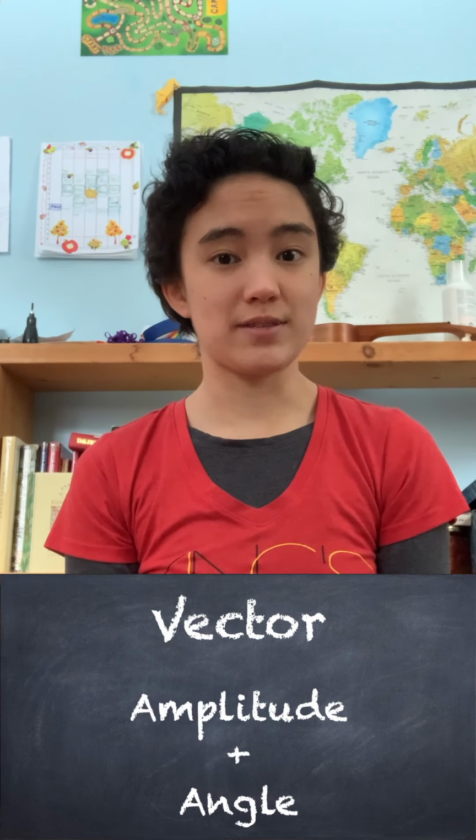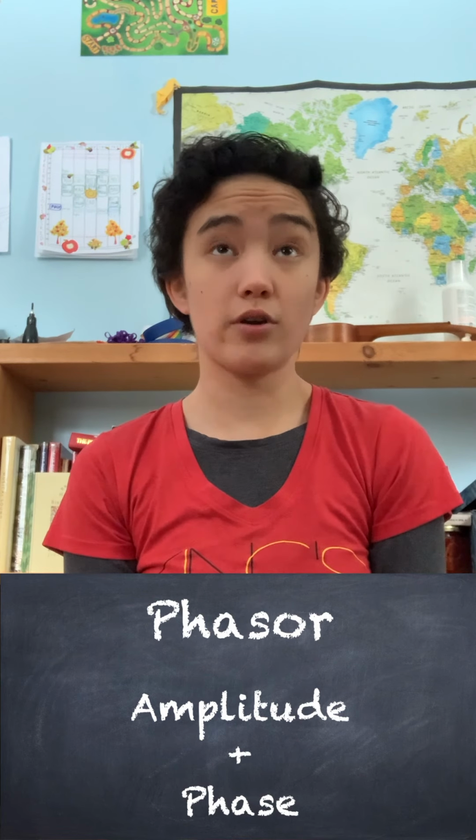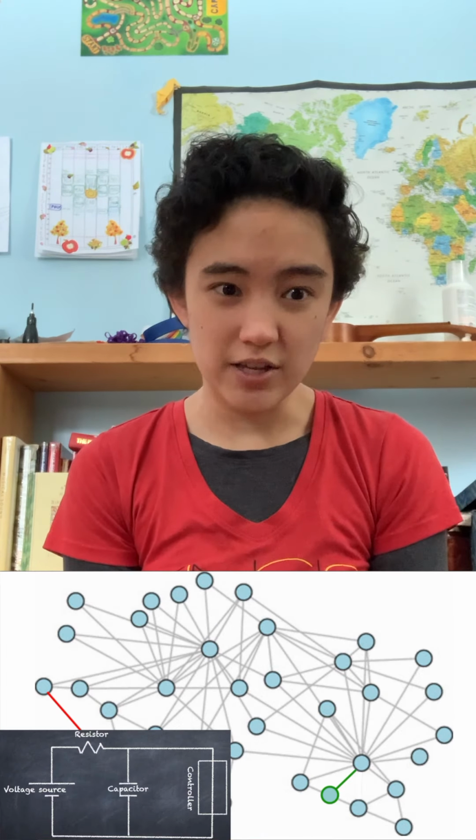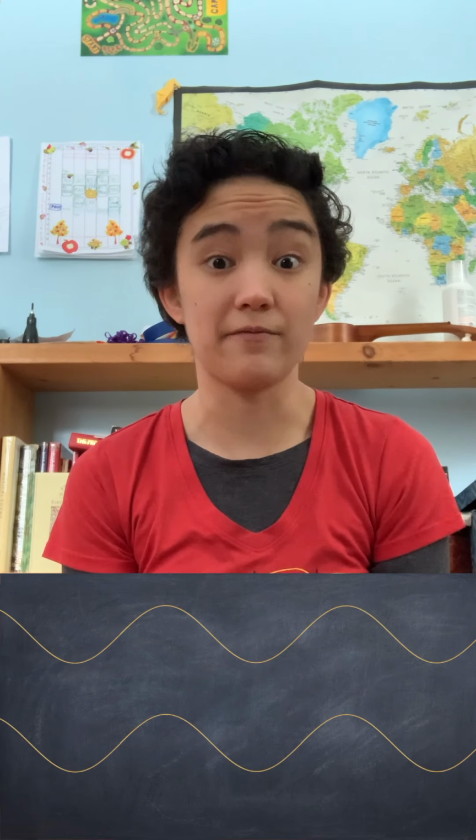The magnitude describes the amplitude of the wave, while the angle describes its phase, whether the wave is starting at a peak or a trough or somewhere in between. Phasors are commonly used to describe electrical networks because they often have sinusoidal values that have the same frequency but